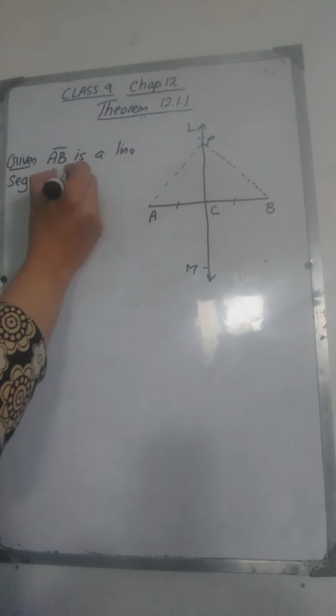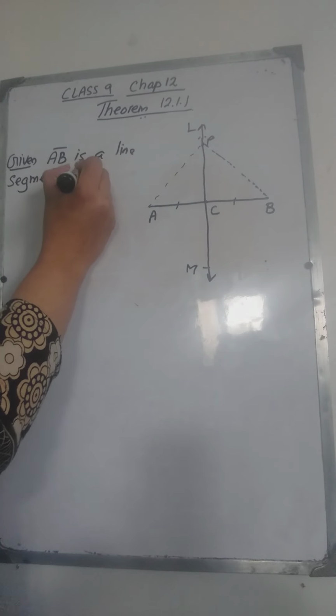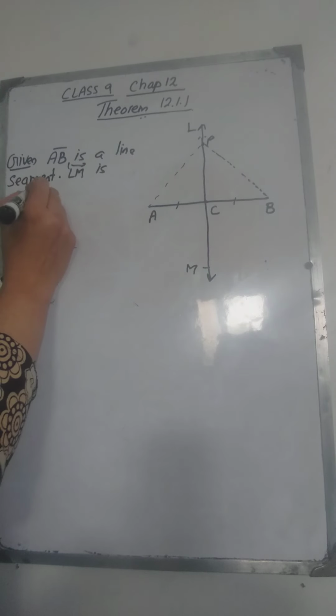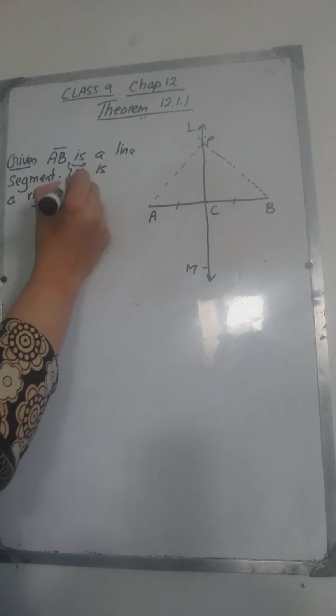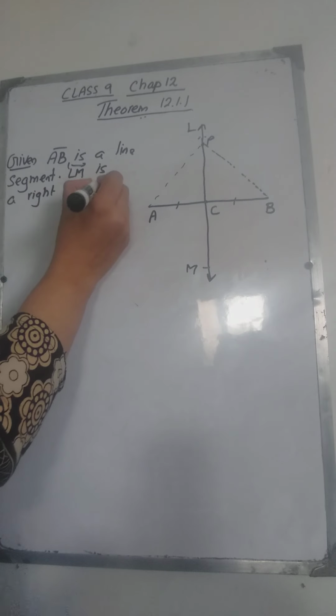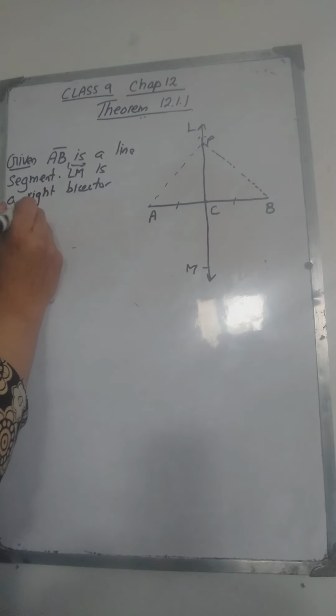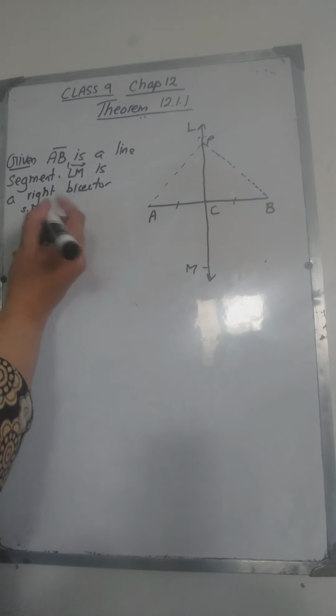Okay, this is a line segment. LM is a right bisector such that